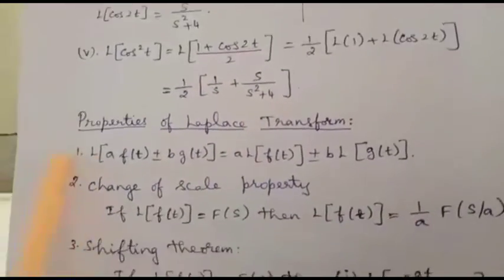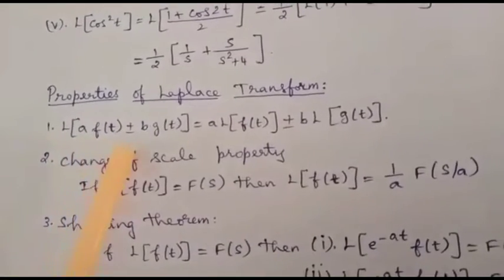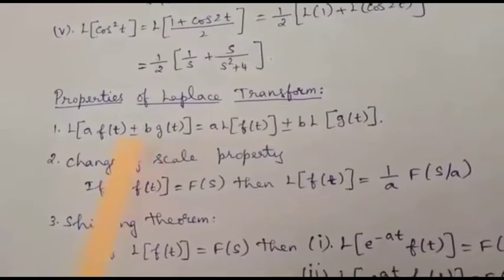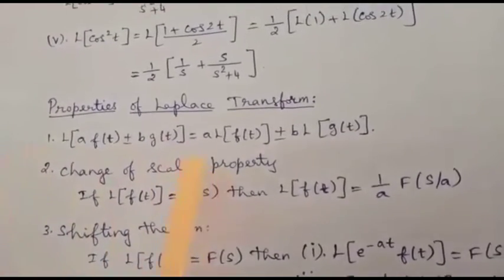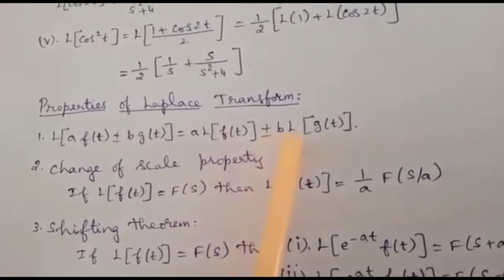Now let us see some properties of Laplace transform. First one is L of a f of t plus or minus b g of t. Here a and b are constants. From that we can take the constant terms outside. Finally you are getting a into Laplace transform of f of t plus or minus b into Laplace transform of